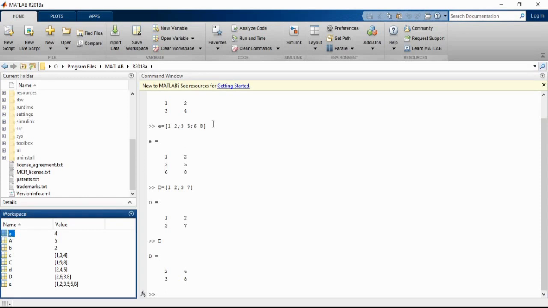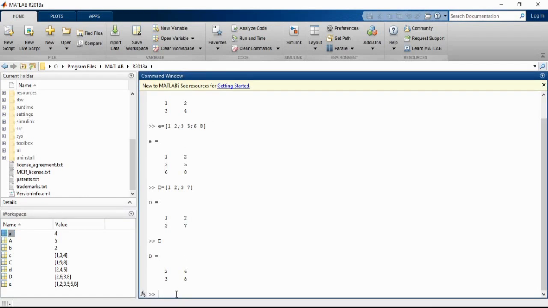Let's say, for suppose, you don't know what data is available for a particular value, then you have to present it as not a number. Let's say for suppose I am creating capital E. I will just clear this command window. Capital E equal to square brackets, 1, and for suppose this data I don't know what to give. So I will just leave it like this, put a semicolon, and give it like this. Okay, we will see what will happen here.